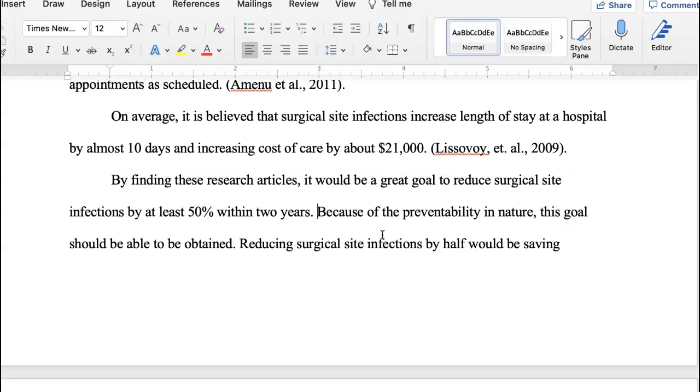maybe 5% within the first 3 months. I'm just making that up. So I think that would be a good goal. And then the only thing that I would state as a healthcare quality person is that 2 years is a long time to reduce those infections. Maybe within a year you could reduce so much, because we want to impact patients as soon as possible.